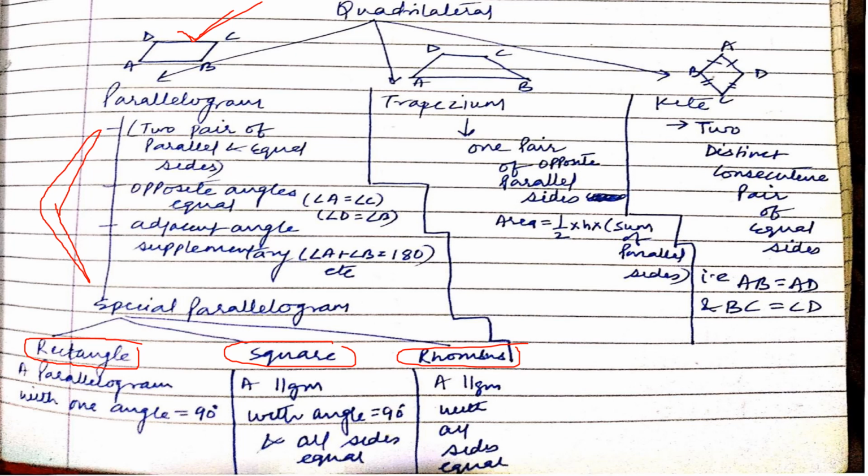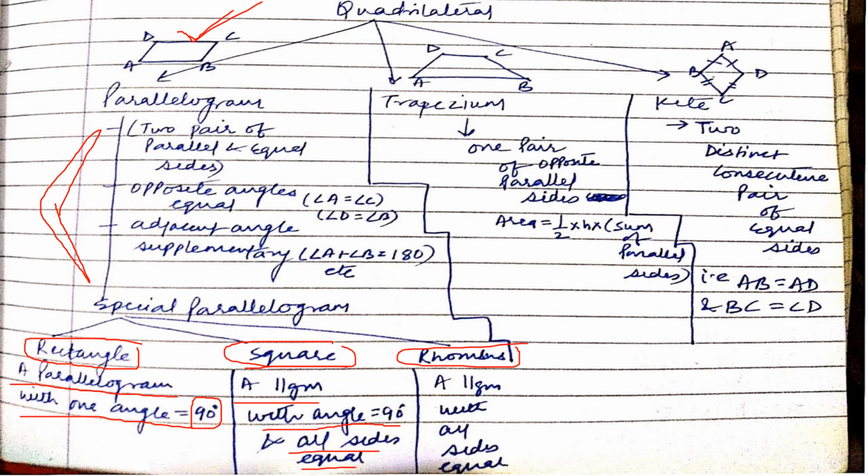So in the rectangle, let's see what the special power is. A rectangle is a parallelogram with one angle equal to 90 degrees. So if you have a parallelogram and one angle is given to you as 90 degrees, you can say that parallelogram is known as a rectangle, or its other name is rectangle. Second is the square. What is a square? It is a parallelogram with one angle 90 degrees and all sides equal. So there are two things. It is different from a rectangle because angles are 90 as well as all sides are equal. All sides were not equal in the case of a rectangle.